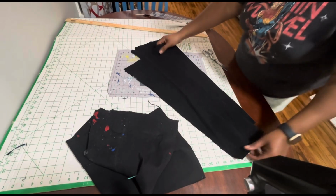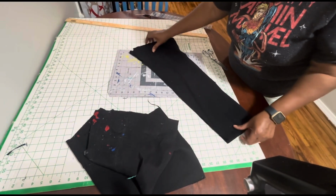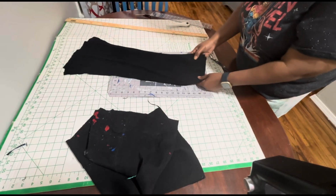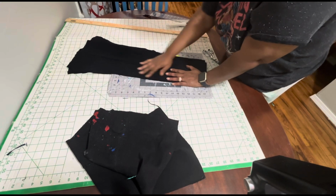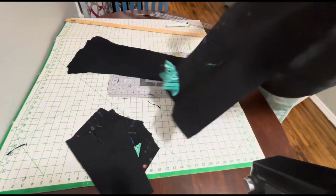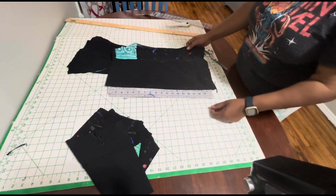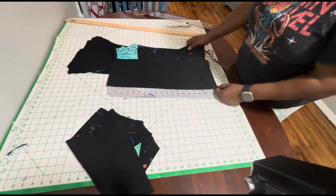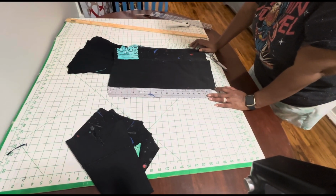Ooh, now I'm getting the lining ready before I can even get the top part ready. Ain't that something? It's all right. I know I'm going to have my lining. I was worried about my lining. Okay, how long are you? You are 17, 18. I need,